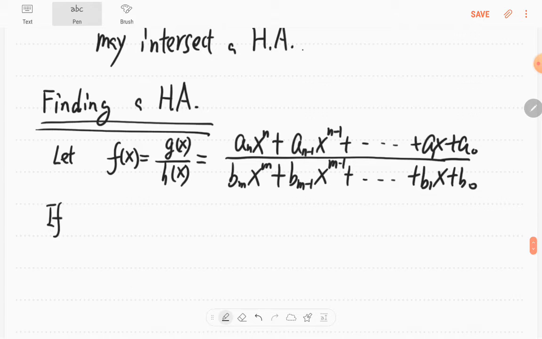So when we talk about horizontal asymptotes, that means x approaches infinity or negative infinity. So that means x is very large or very small. When x is very large, approaching infinity or negative infinity, the leading term will dominate the other terms. So we only consider the leading term. When m is greater than n,